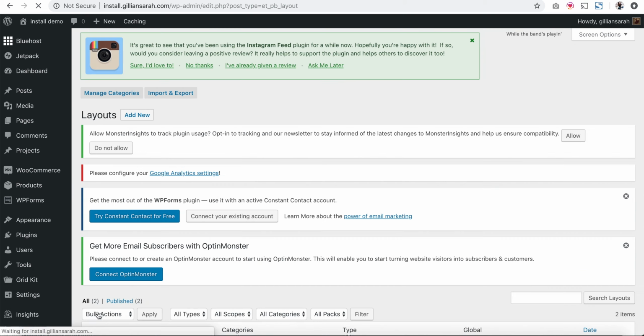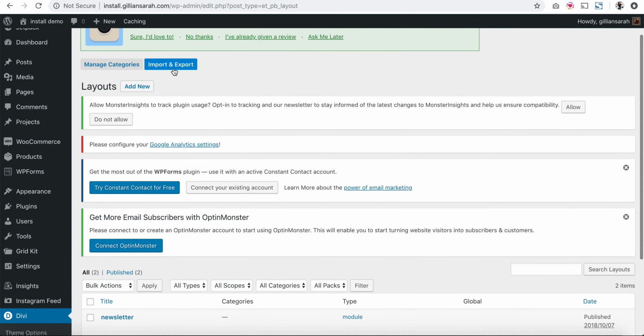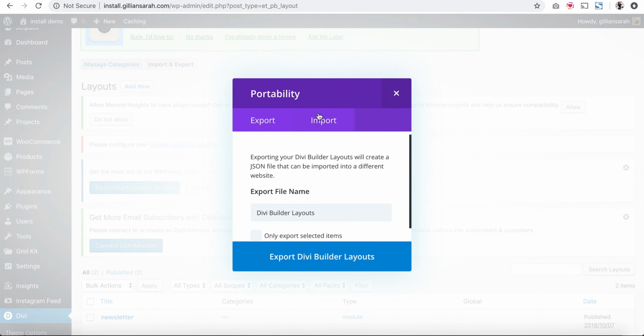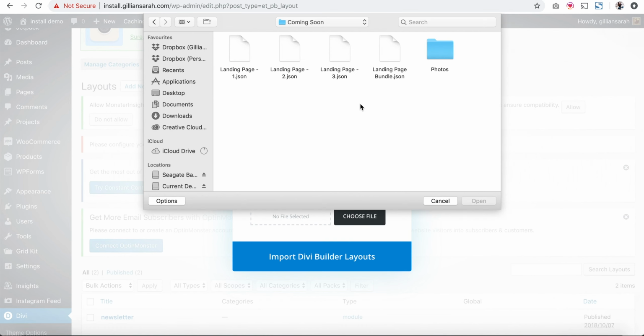Divi, and we're going to go, and in here you'll see you've got a few things. You've got your global contact form and you've got your newsletter. What we're going to do is import your new file. So we go to import and in here we're just going to select the landing page that